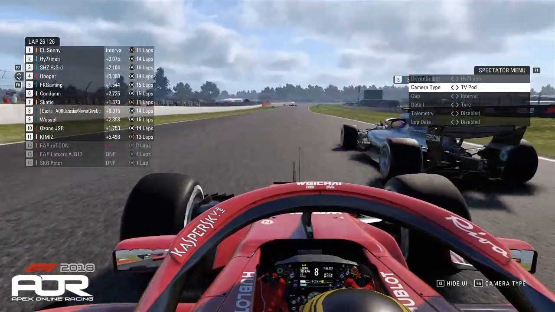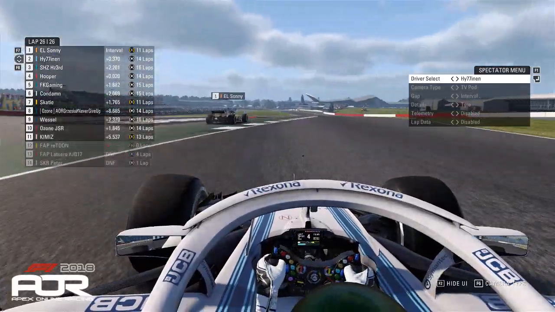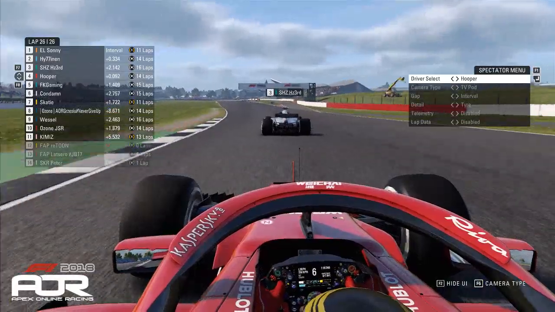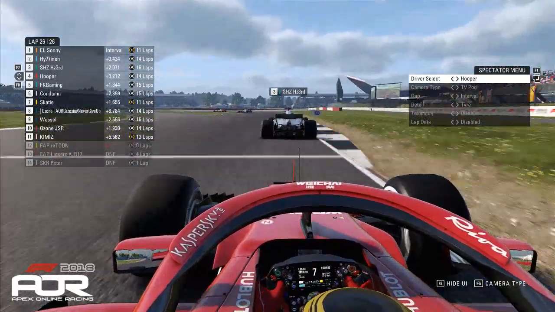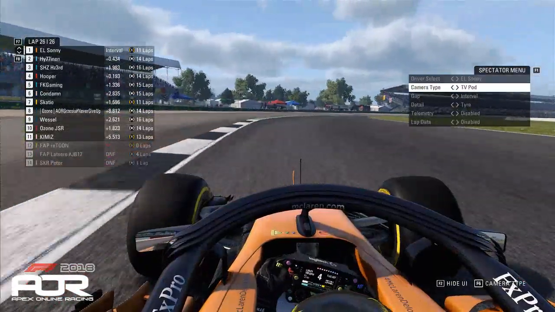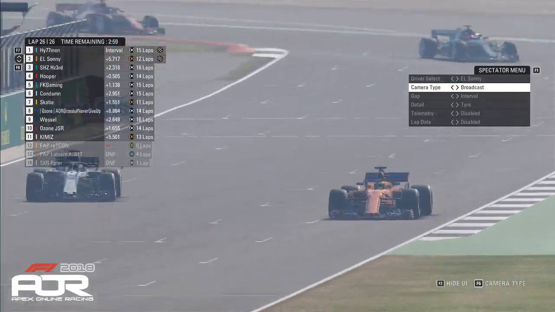El Sonny and Hudson is quite close up ahead as Hudson goes for the move. Oh, that was quite close. They may have touched, but Hooper also going for the move, not being able to take it. But going into Vale, no, he locks up, as this looks like a victory to El Sonny, but with penalties,